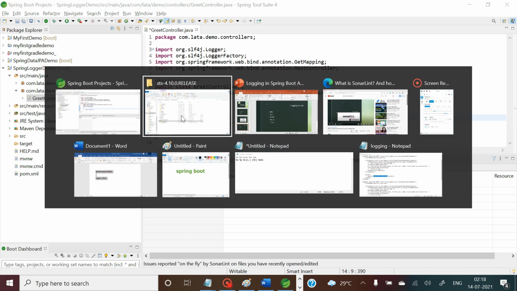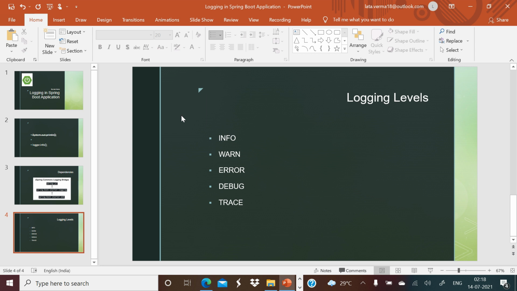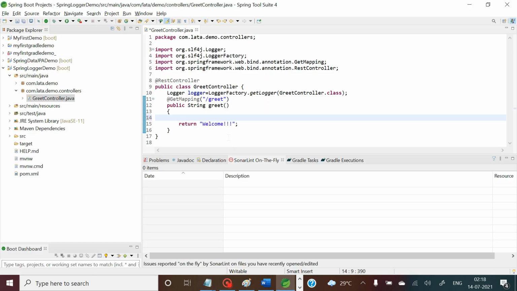Like you have seen, there are 5 different logging levels, and info is the commonly used logging level. So let me use all these logging levels over here.